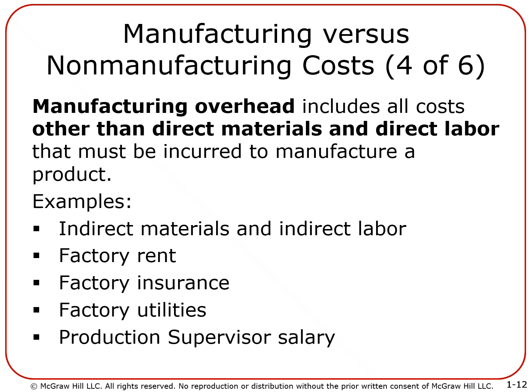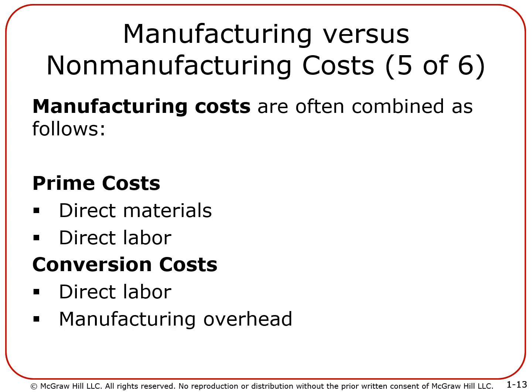So I hope you got the idea of what is called manufacturing overhead. This manufacturing costs is an important classification. We already talked about some manufacturing costs. What did we say? We say that manufacturing costs is three parts: direct material, direct labor, and manufacturing overhead. Here are two important terminologies for you to know. Whenever you add direct material and direct labor, what you get is called prime costs. And whenever you add direct labor with manufacturing overhead, those are called conversion costs.